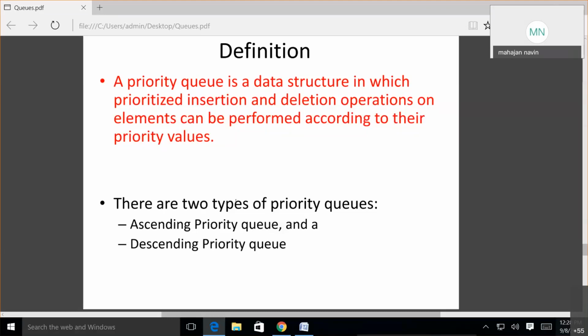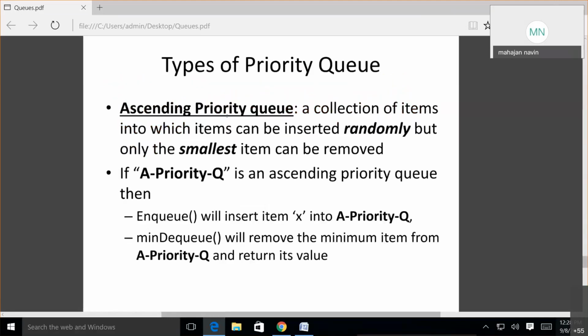There are two types of priority queues: ascending priority queue and descending priority queue. Ascending priority queue is a collection of items into which items can be inserted randomly, but only the smallest item can be removed. Then NQ will insert item X into the priority queue.